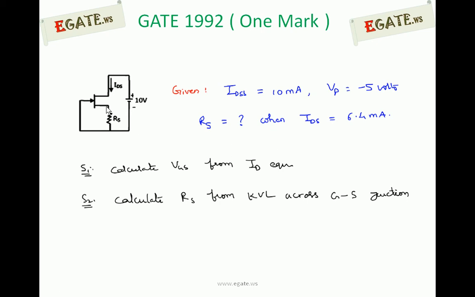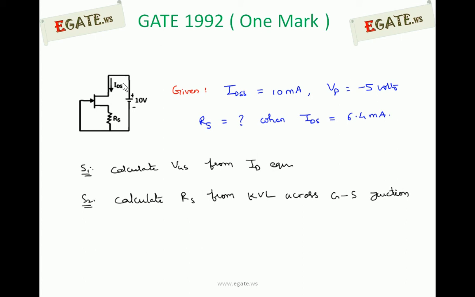If IDS is the drain current which is entering into this drain terminal, how much current is going through this RS? Is that same as IDS, or is it lesser or greater? This is the drain terminal for the JFET, and this is the source terminal. Can we say that the same current flows from drain to source for a JFET? Yes. The current that enters the drain terminal always flows through the source terminal. So current entering the drain is the current leaving the source. So drain and source currents are always the same.